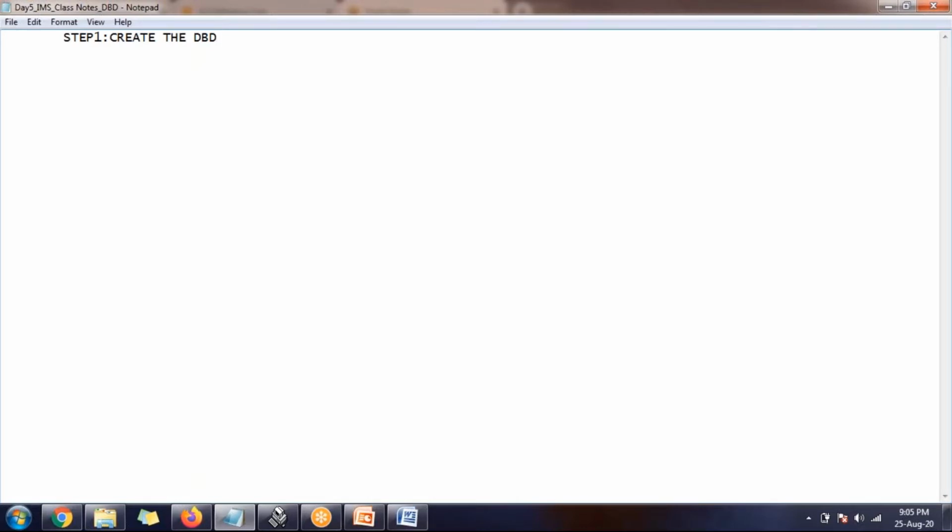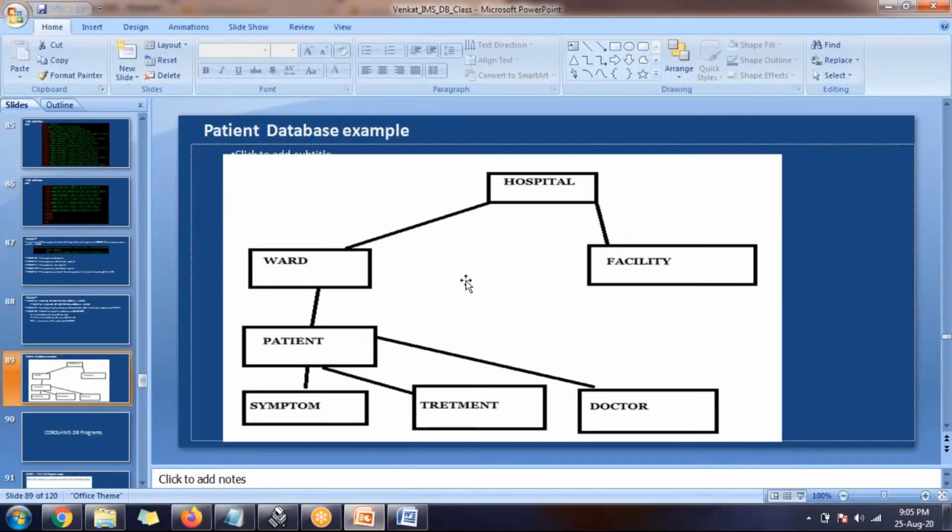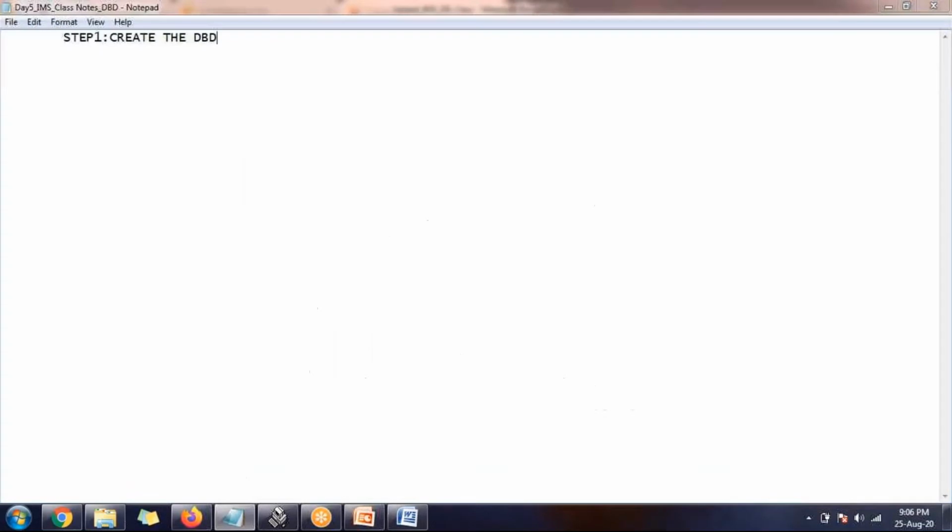If I want to store the data in this particular hierarchical manner, I have to declare who is the root, who are the children of the root, ward and facility, who are the children of the ward, who are the children of the patient. We have to define this structure. This is called database structure. So in the DBD, you are going to define the database structure.